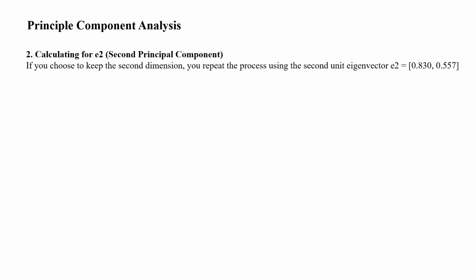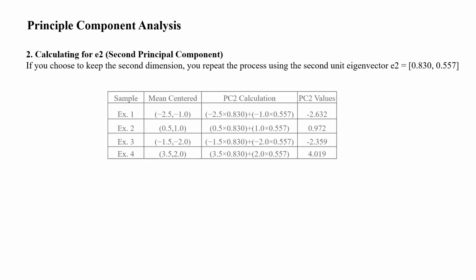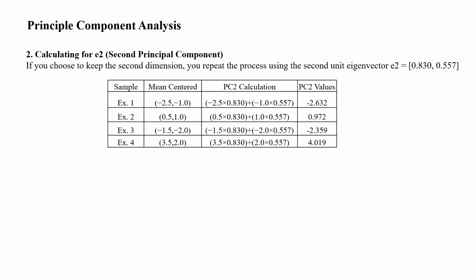Calculating for the second principal component. Now, let us calculate for E2, the second principal component. If we choose to keep the second dimension, we repeat the same process using the second unit eigenvector (0.830, 0.557). For each sample, we take the mean-centered values and compute the dot product with this eigenvector. To summarize the results,